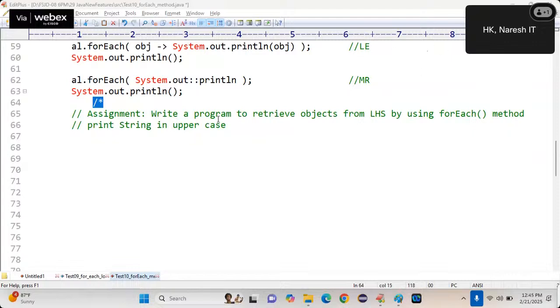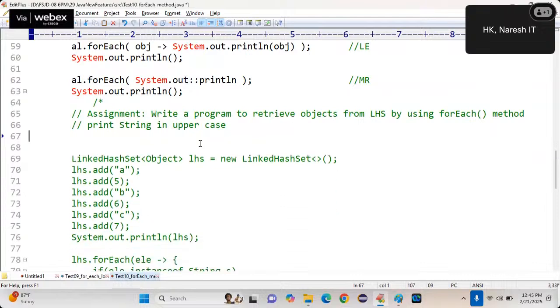I want you to understand one point here. For any collection, there is no difference, right? Collection-wise, no difference. But I want you to answer this question: print the string objects as they are in uppercase. If you want to print in uppercase, you have to write an if condition. Check whether the object is a string or not. If it is a string, then print in uppercase. First, you have to write an if condition with the instanceof operator. That is the point here.